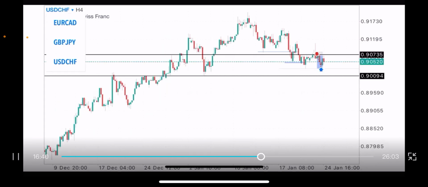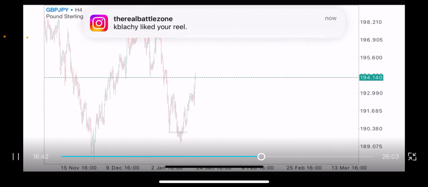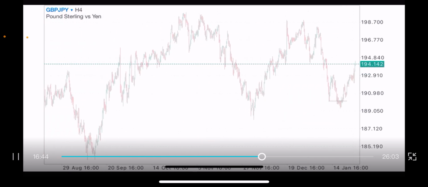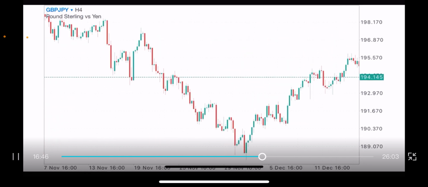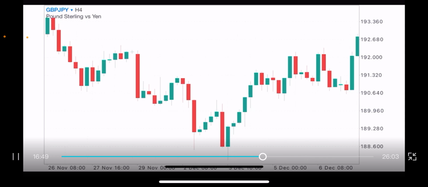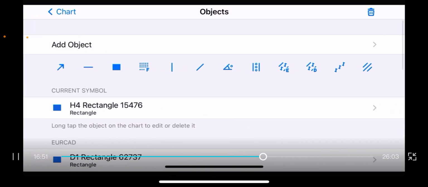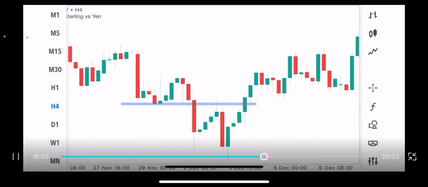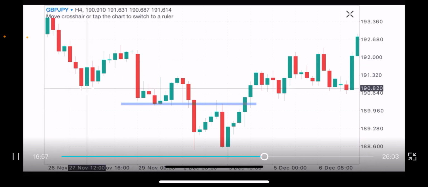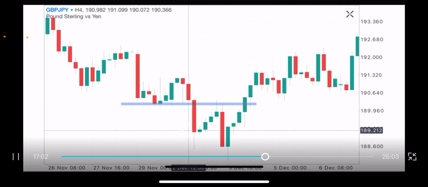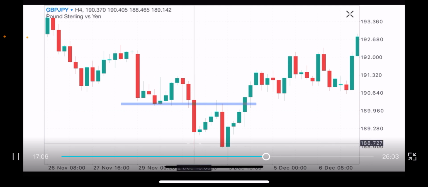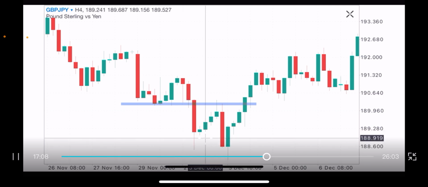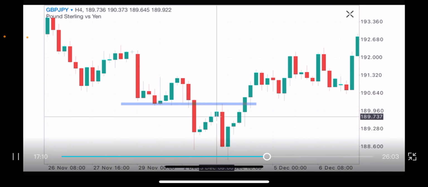But let's go to GJ. So I'll show you guys the example on GJ. The example of the trade I took, this trade right here. We had a break of structure here. The same thing happened here. Break of structure. Wait for the 15 minutes to retrace, give you an entry, and you start selling down. The same thing happened right here. We had this break of structure to the downside, and now on the 15 minutes we retrace back up and start